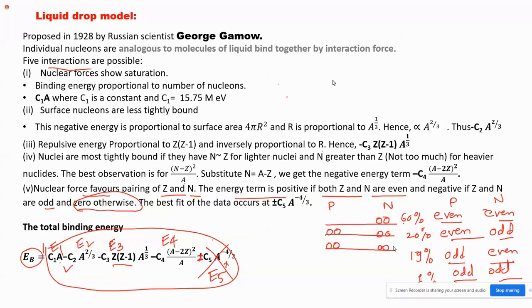We have taken the theoretical formula for binding energy as Z M_P or Z M_H plus N M_N minus capital M into 931.5